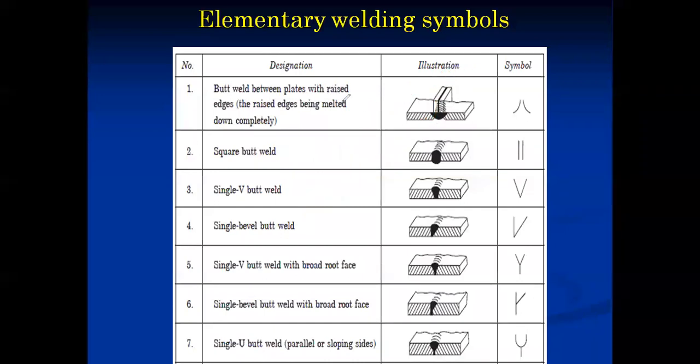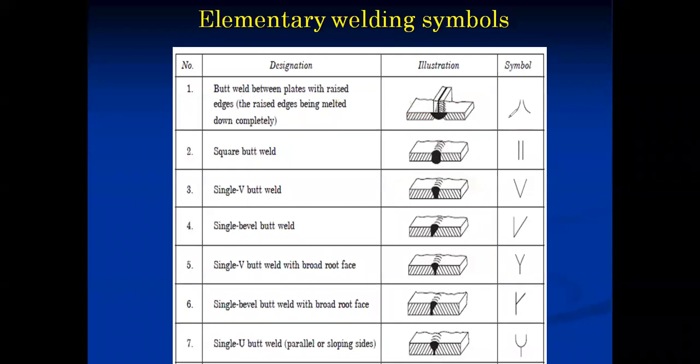So now further, butt welding. Here plates are just butt in front of each other. Here you will observe plate number 1, plate number 2, and they are kept something like this. So column number 1 and 3 are important. This middle column is only for illustration, only for our understanding of how it is. It is not important. In our syllabus, symbols are there. Only we have to remember symbols.